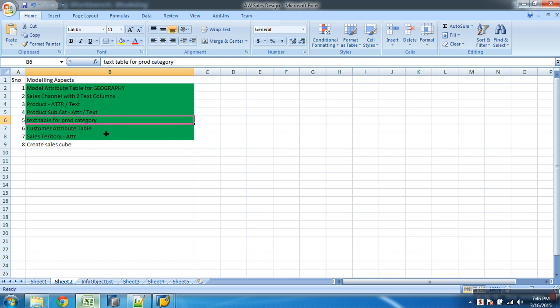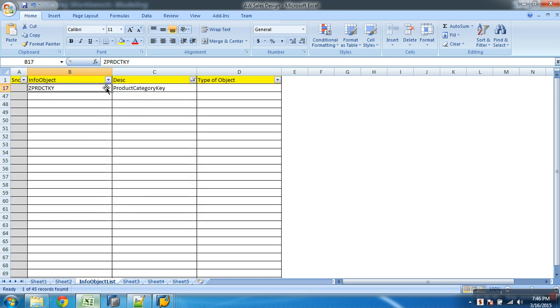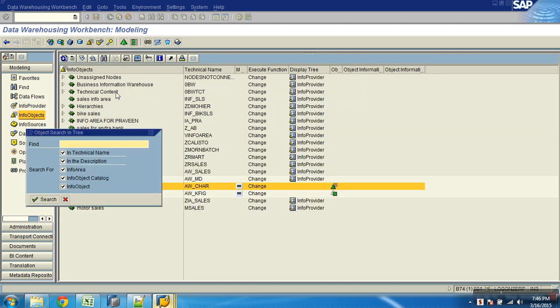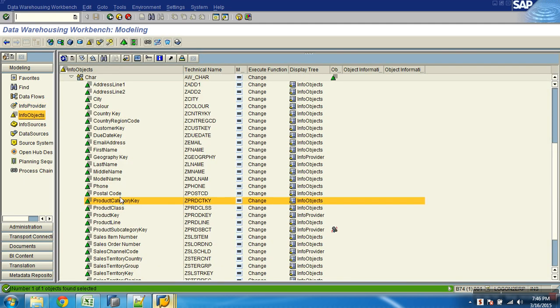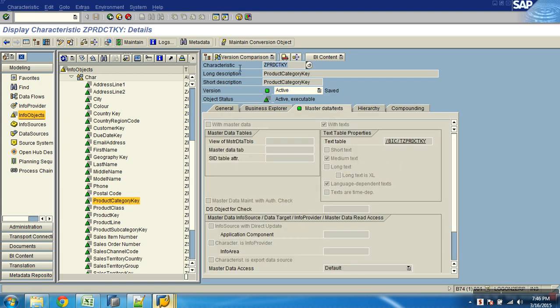This is product category, but not subcategory. There are two things: product subcategory and product category. This product category will have only a text table.